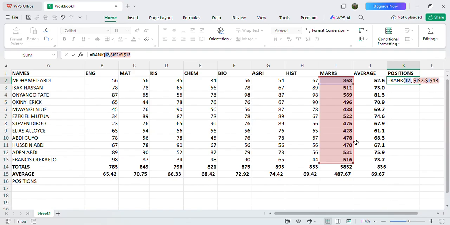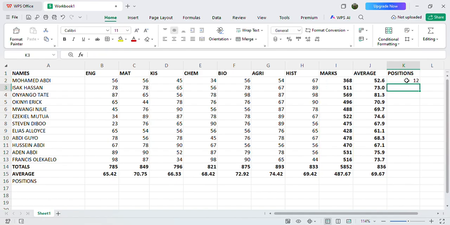So separate them with a comma, then 0, then close the bracket, shift, close the bracket like that, then press enter.